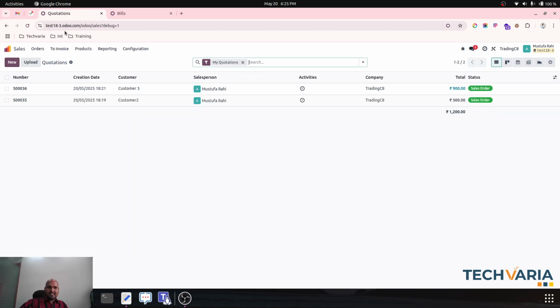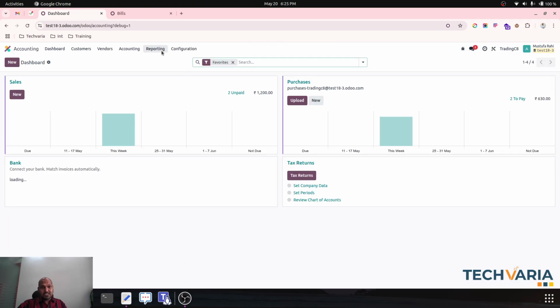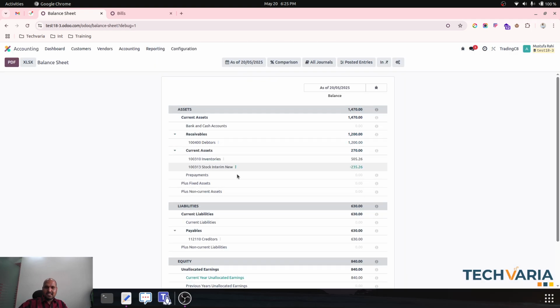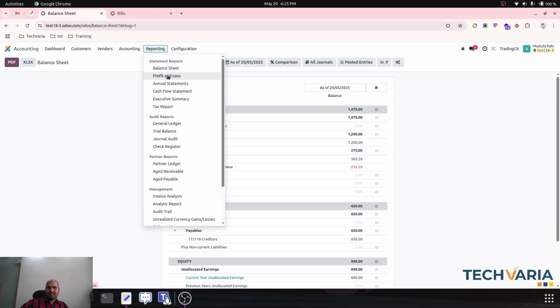Now in reality, in my accounting position, if I run my balance sheet, I am still left with some open balance, because stock interim new will not register this amount, and this amount is nothing but the original amount in my stock, but I haven't registered my purchase expense. So if I go to my